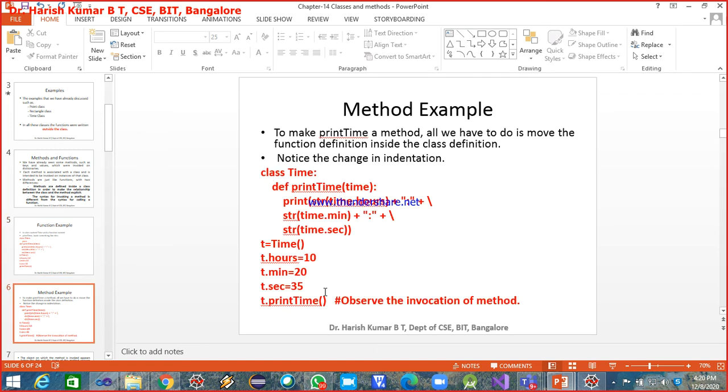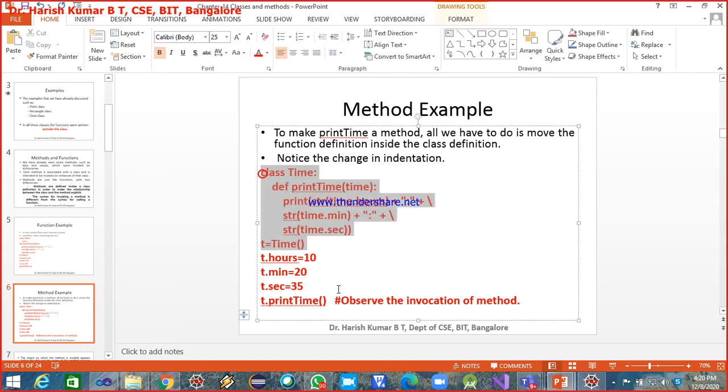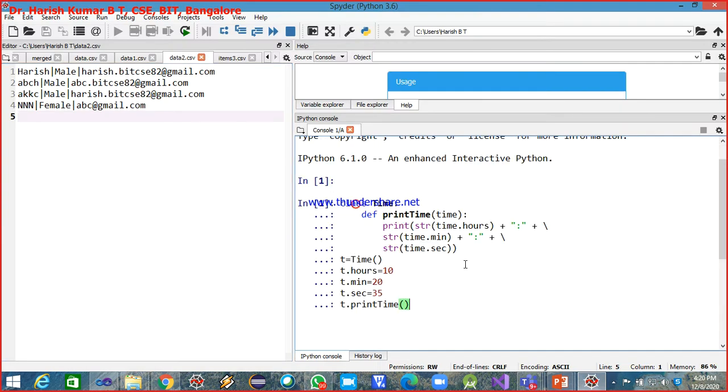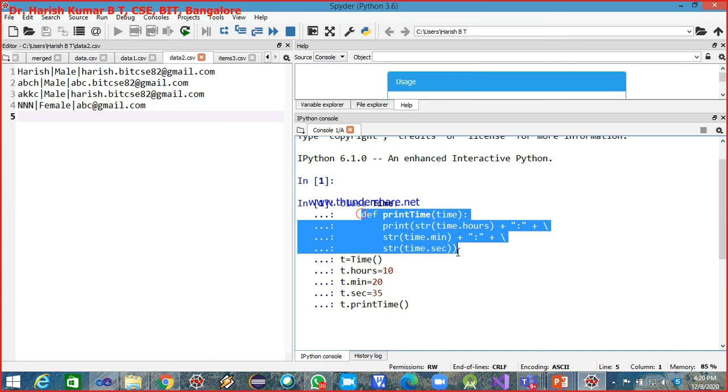Now this is the first time I'm calling a method, my own method, by using the instance. So class time. All this time we used to write it as pass, but I'm not writing pass right now. Inside the class I'm giving the definition of print time, which is nothing but a method.